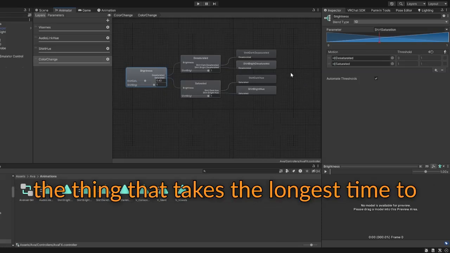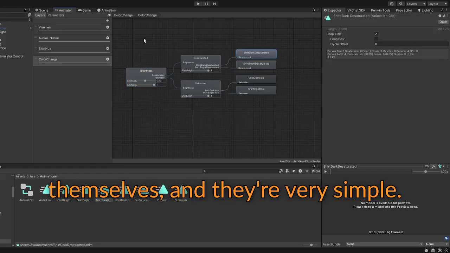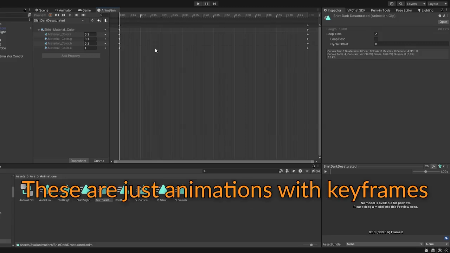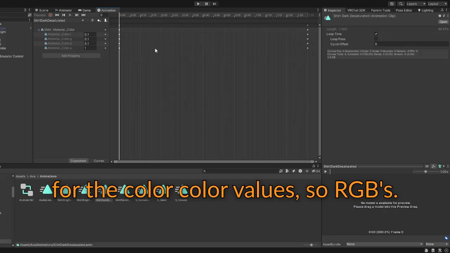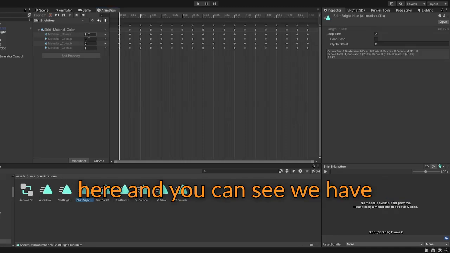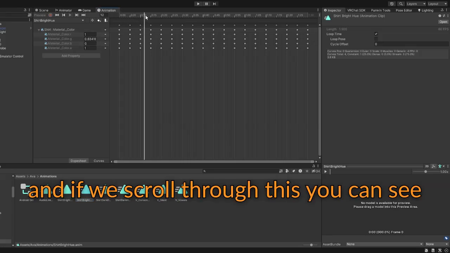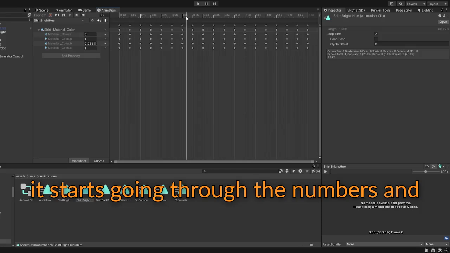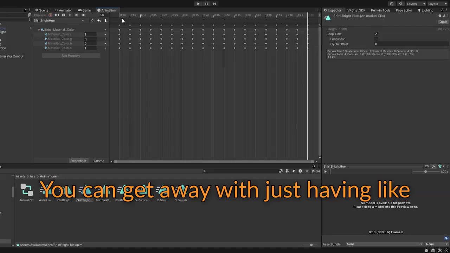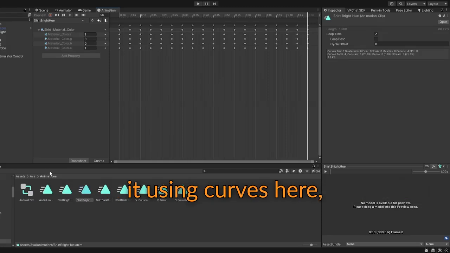The thing that takes the longest time to create in this is just the animations themselves. And they're very simple. These are just animations with keyframes for the color values, so RGBs. So we can look at the shirt brightness hue here, and you can see we have RGB 100 to start with. And if we scroll through this, you can see it starts going through the numbers, and it's going through the hue slowly. You can get away with just having like 2 or 3 keyframes here